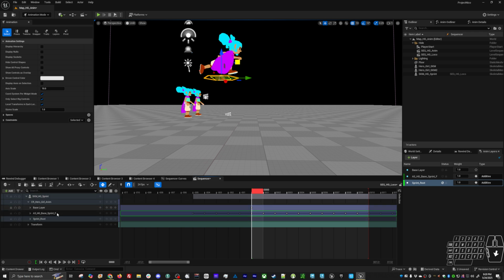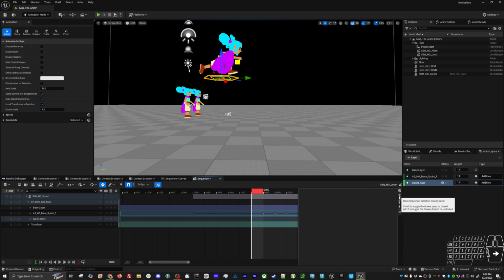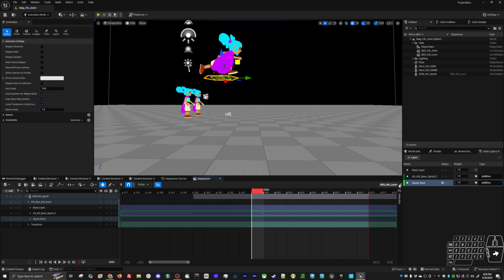And then the sprint sequencer file. I wish the sequencer name would show up here somewhere. That way I knew exactly which sequence. Oh, there it is right there. That's good. Good to know. Lock the animation. So this is not editable. That is also good to know. I have never seen these things before. Everything's locked now. So if you happen to accidentally select that,